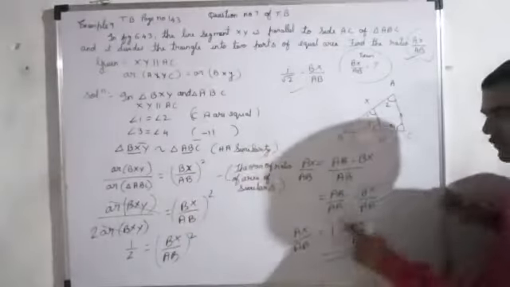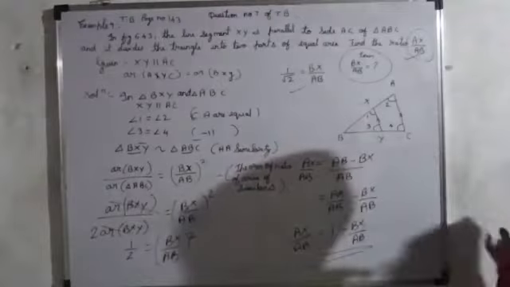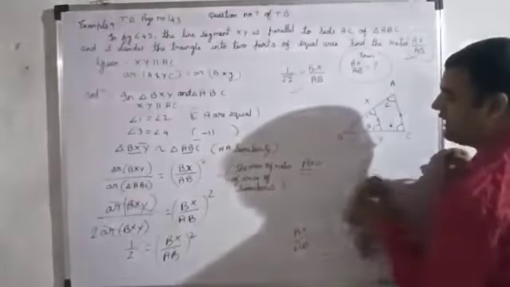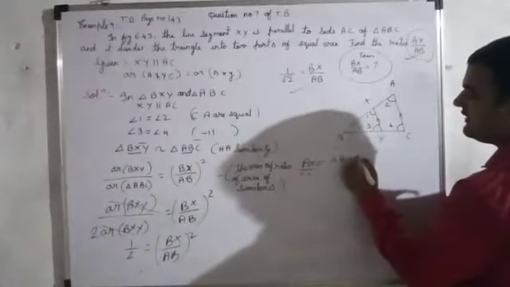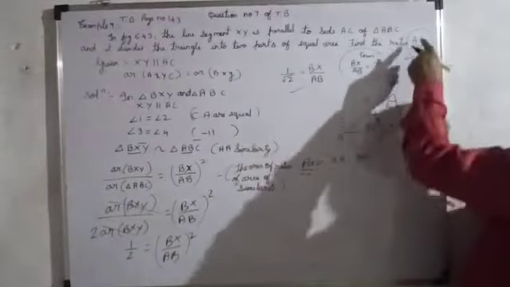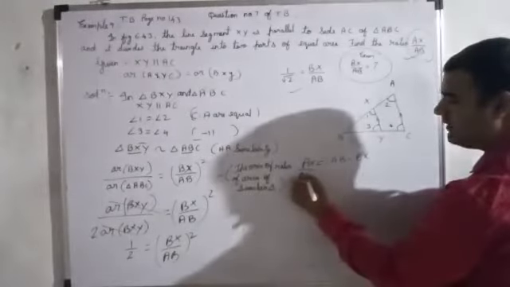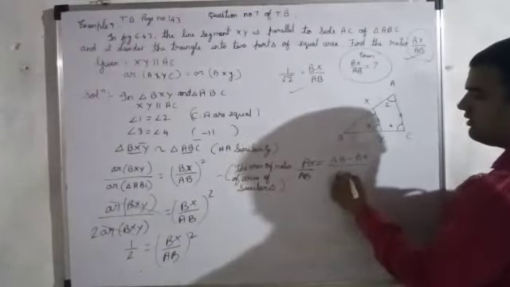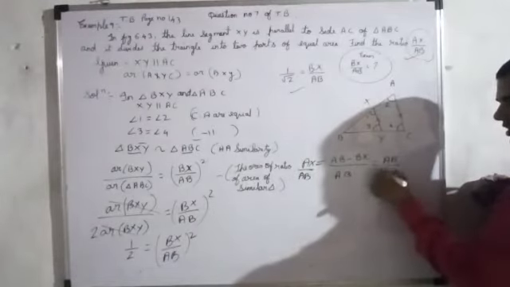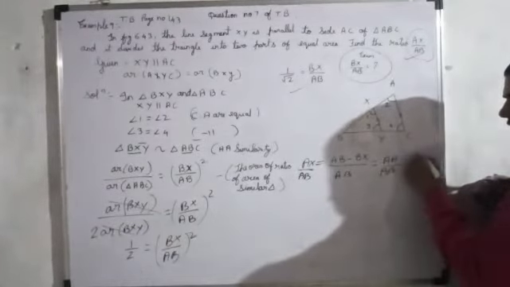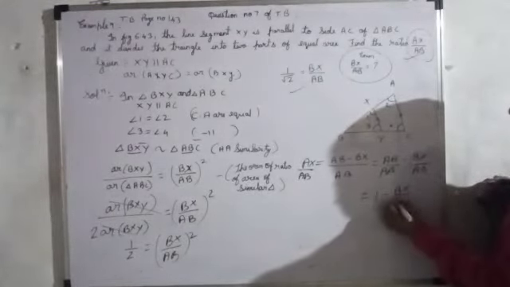Once again I will repeat. What you want? AX upon AB. So in the figure check how you can obtain AX. You can obtain AX when it is AB minus BX. Okay, now the AX part is done, but in the denominator AB is there, so I will divide both the sides by AB. So if I simplify, this is AB upon AB, and this will be what? BX upon AB. So it's 1 minus BX upon AB.